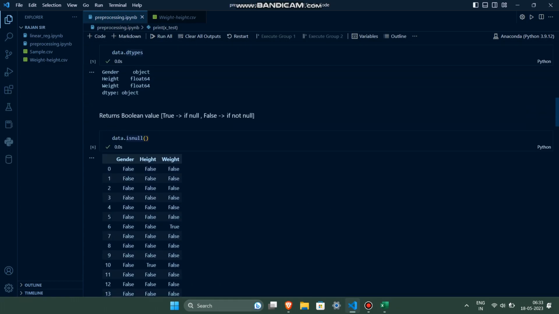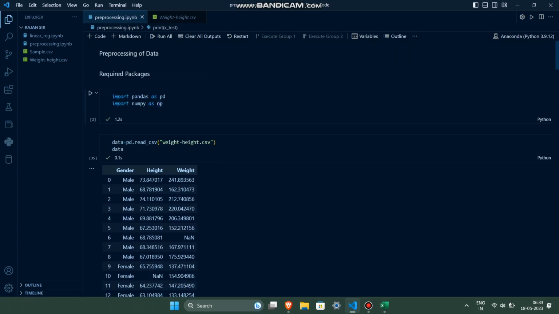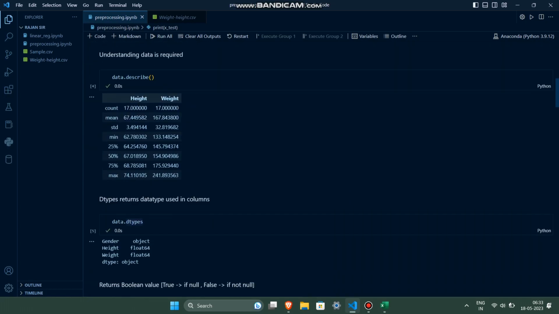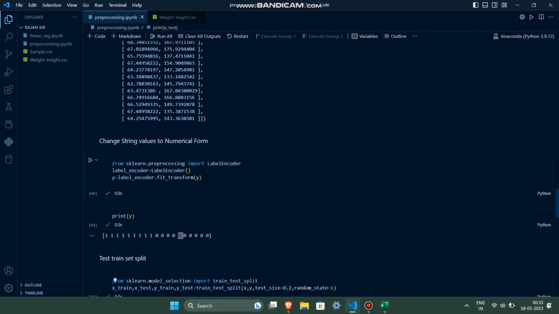So this is how simple pre-processing occurs. It's nothing but standardizing, or converting the data set into the way we want it to be. So this is one of the simple examples of how we are going